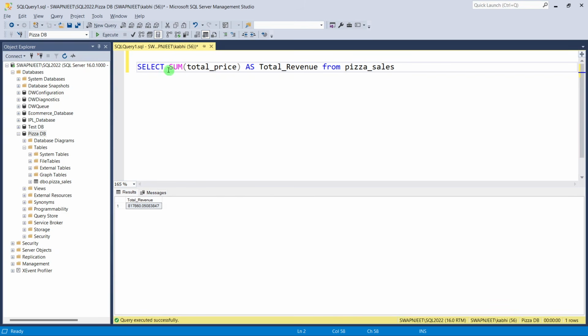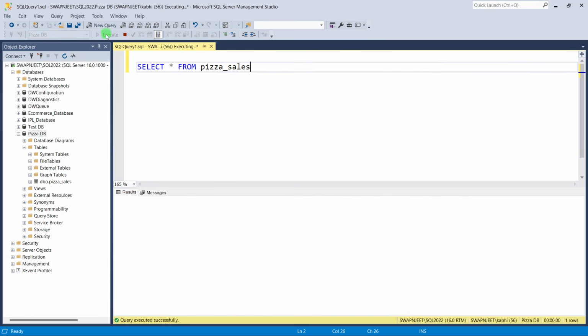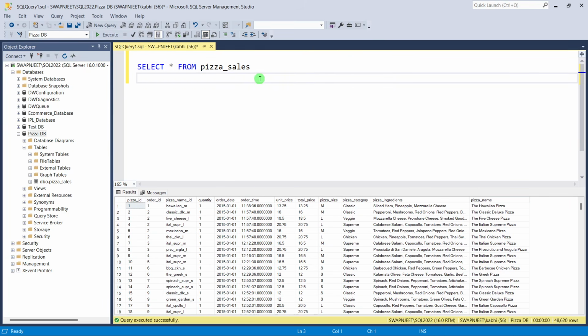The next thing we have to do is, I will just delete this now, because we have got our first result, and I will just use select star from. I will bring the data in front of us so that with reference to that data we can find all the things. Okay, so this is the data in front of us again. Now the second thing, or the second